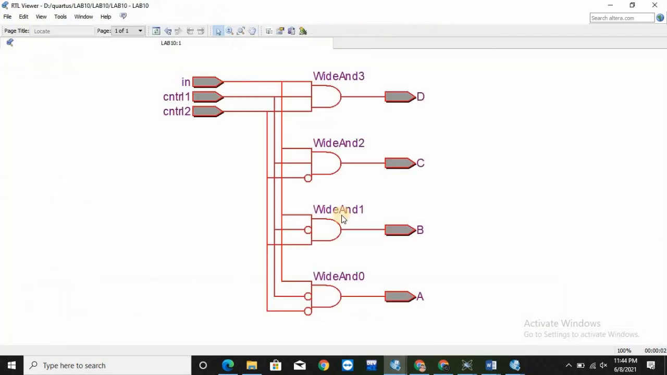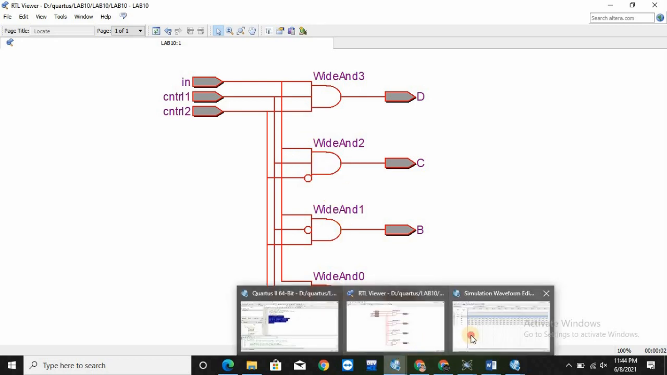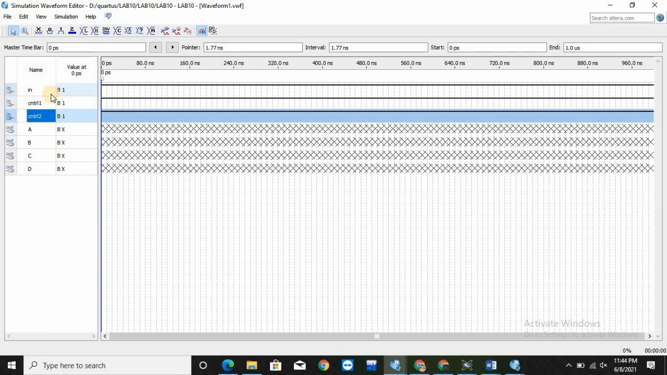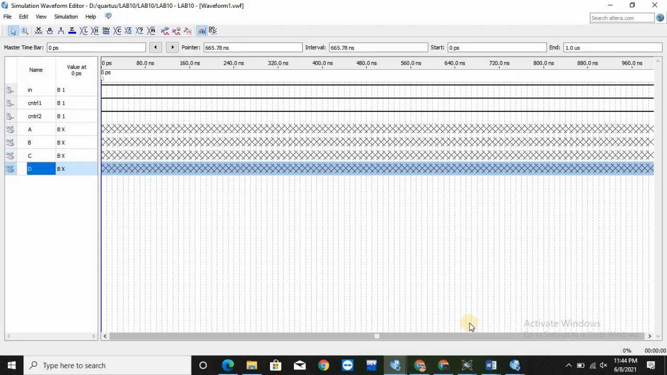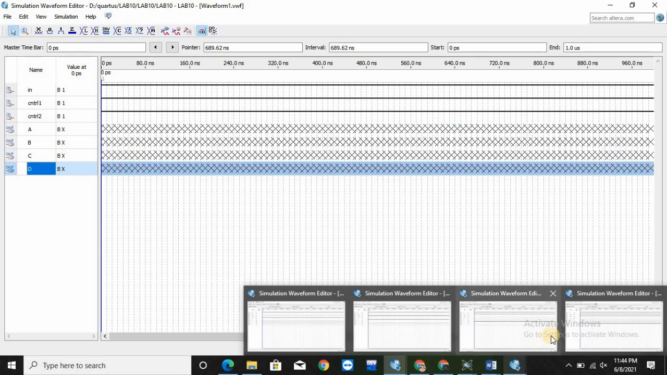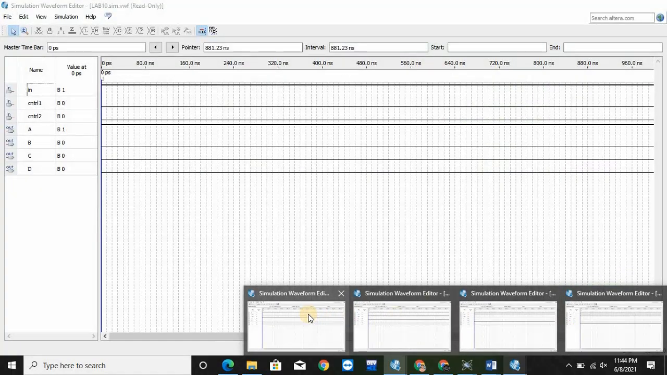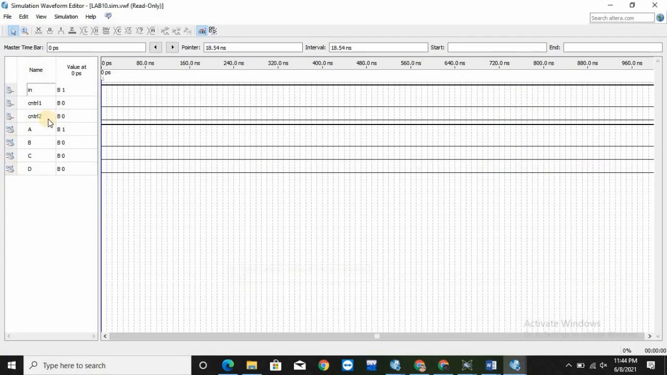Now moving to its RTL part, here we have got the same circuit, the 0 0, 0 1, 1 0 and 1 1. Now moving to its waveform part, here we have got our input data, and then we have got our control lines which will be selecting whether our data goes to A, B, C or D. Now I have already compiled it for all 4 conditions. Moving to the first condition, in which our control line 1 and control line 2 is 0, we got our data at A,